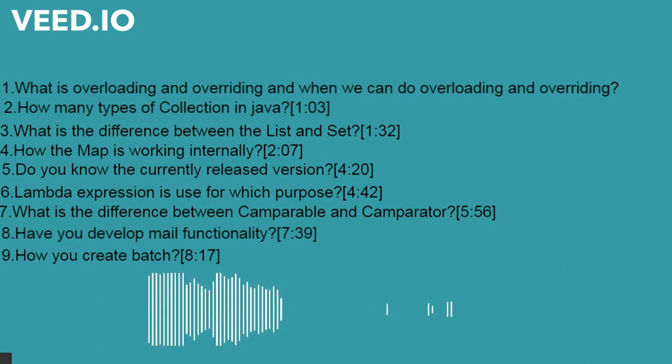Okay. So how have you created the batch? Can you give me some idea of how you can create it? Yeah. Spring provides a separate batch framework, Spring Batch. First we need to create one tasklet, and in the tasklet we define the execute method. There are two or three other things as well. A processor is there, but the processor is project specific. It is not provided by Spring Batch.